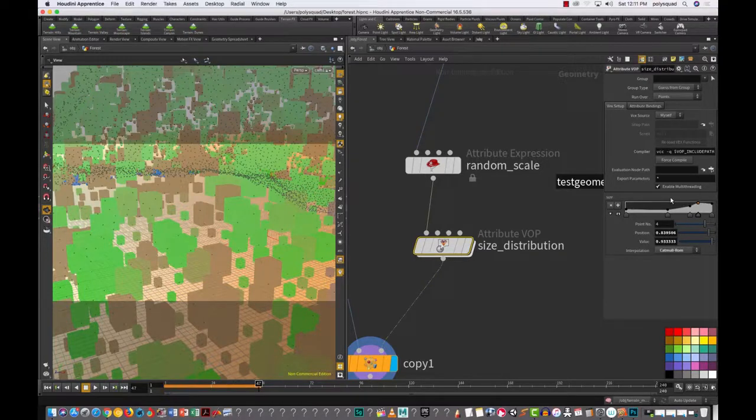So if you look, it says default. That's not what we want. What we want is